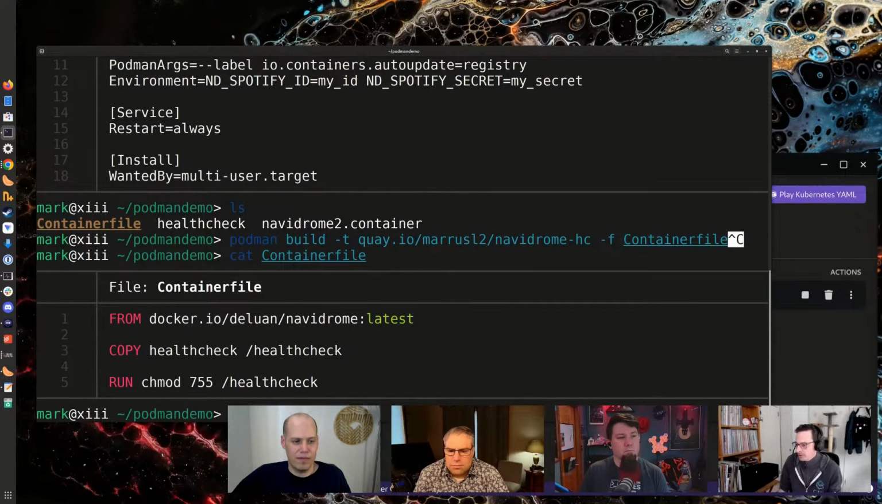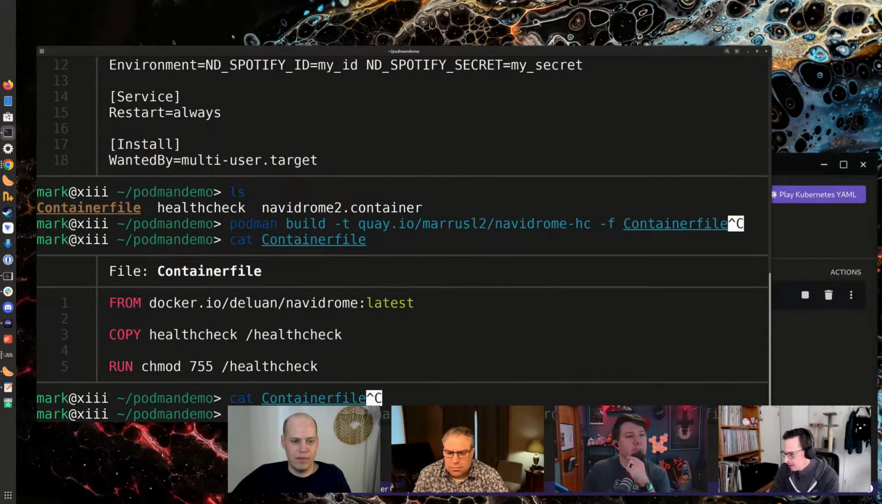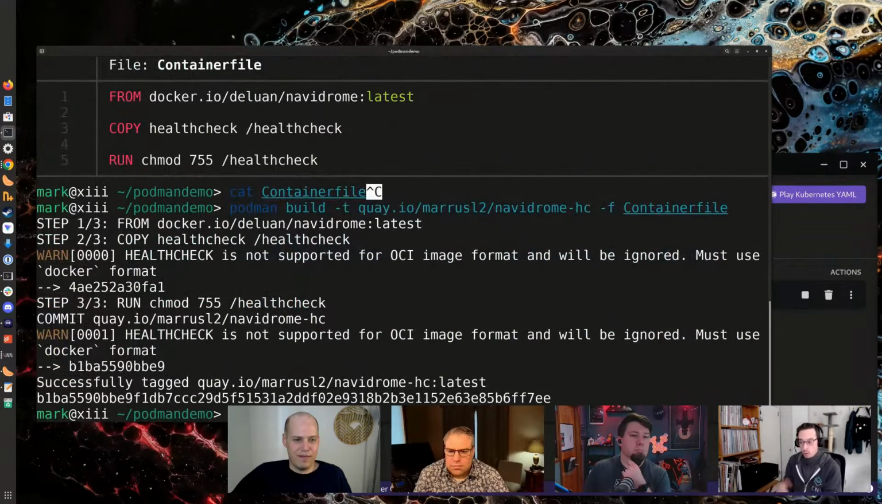So it's very simple. It's just from the exact same image, copy the health check to the health check location and make it executable. Oops. Could do this with Buildah, but we don't need to. All right. So there's a couple warnings here, which I determined are not